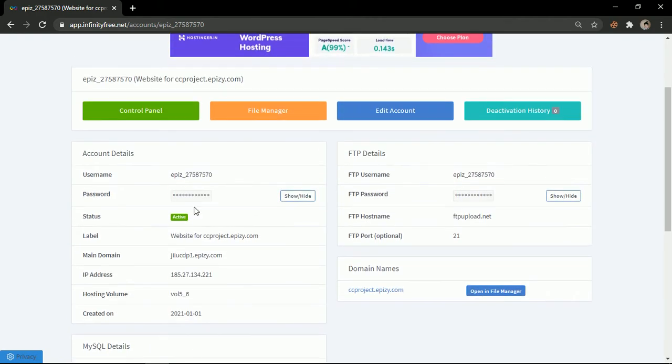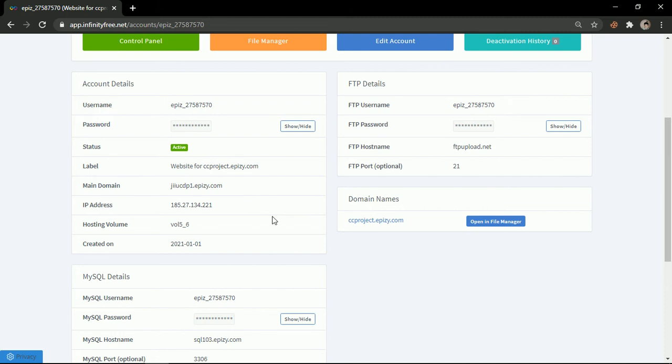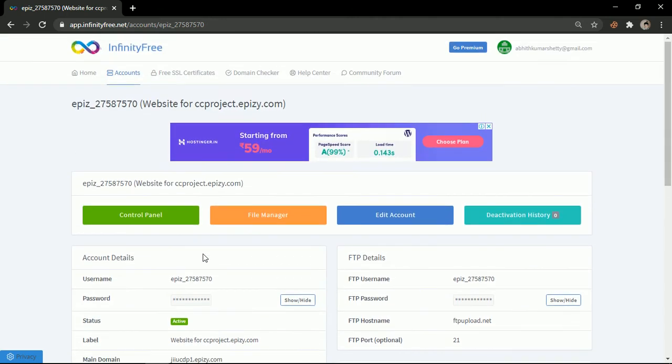Account information like the username, password, and status, everything they will provide to you, along with FTP details and MySQL details. There are four kinds of information: control panel, file manager, account edit information, and the deactivation history.